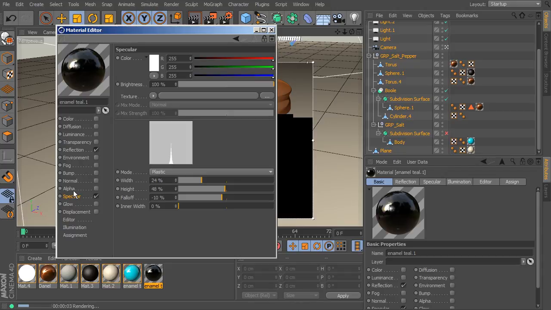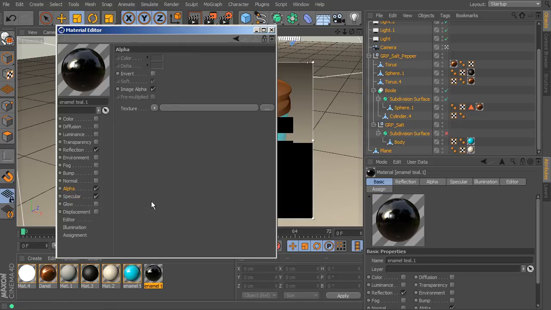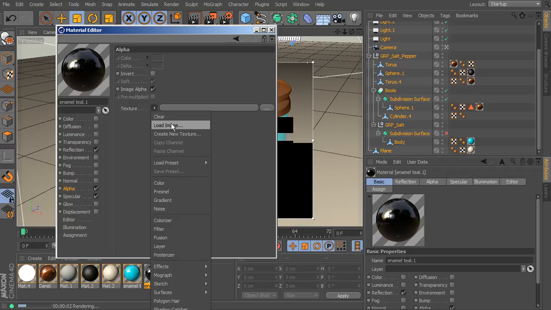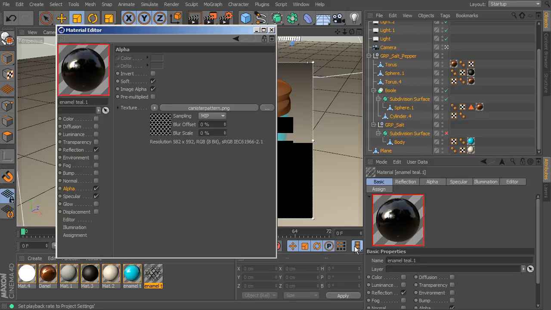Now to get the pattern that I'm wanting, we're going to want to plug in to our alpha channel. So go ahead and enable your alpha, and then we'll go through our texture property here, and we'll load up an image that you have in your texture folder in your Cinema 4D project files. So we'll grab that canister pattern PNG file, go ahead and open that up,